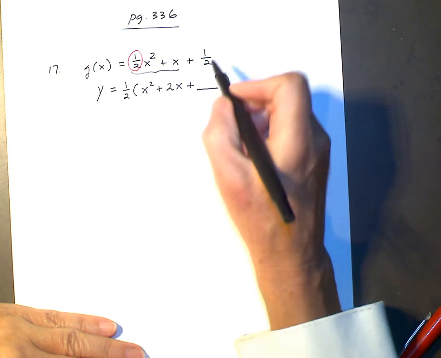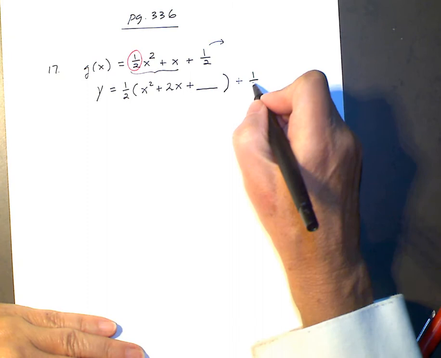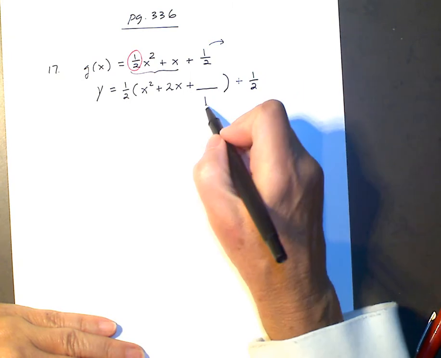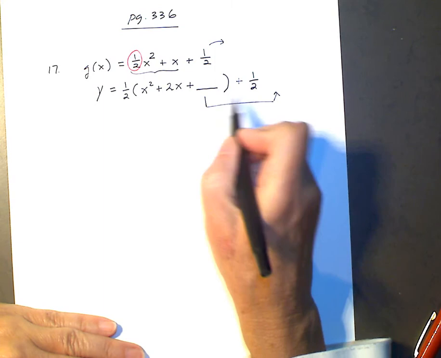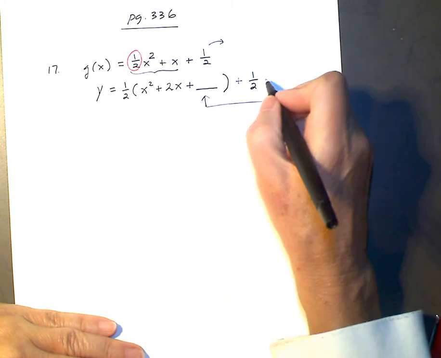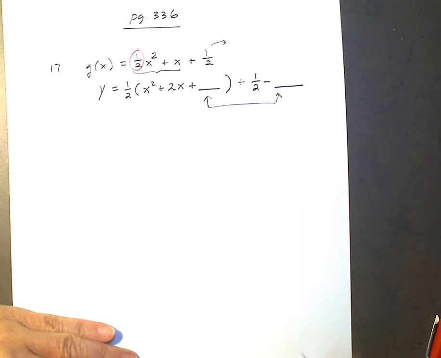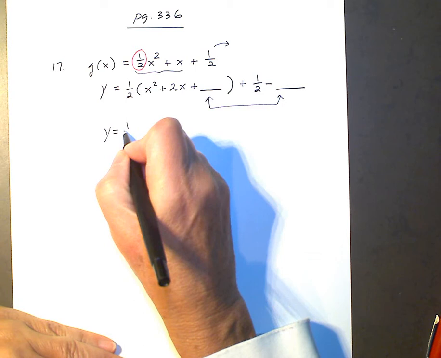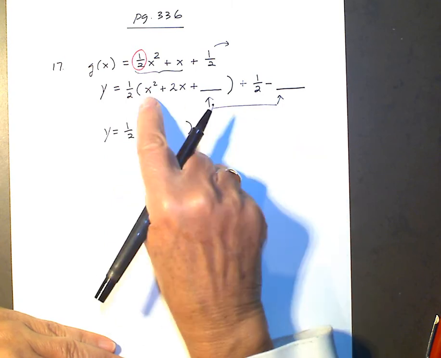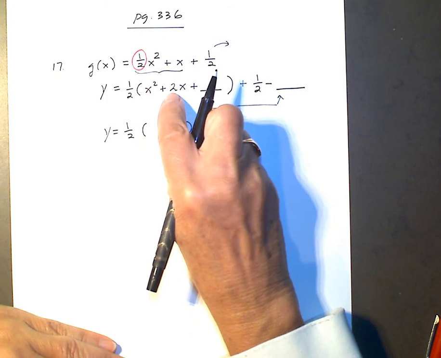Now that 1/2 I'm going to put outside of that trinomial, and then whatever I added right here, I'm going to subtract out again. And remember, that's going to be multiplied by 1/2. So I'm going to subtract that out because I'm working all on one side of the equation. Continuing to the next line, I'm going to have y equals 1/2, and I want to write this as a perfect square trinomial. So I'm going to take half of b, which is 1,